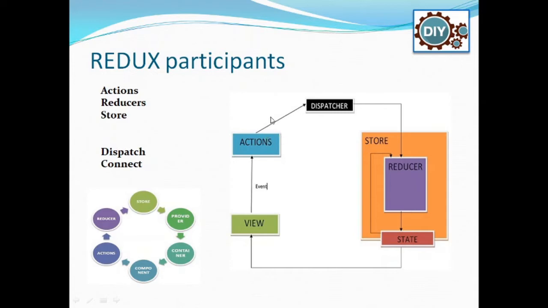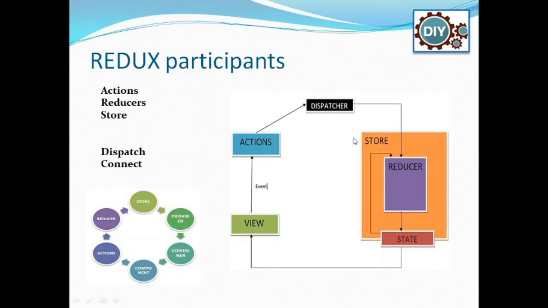The action is triggered along with this payload. The dispatcher will send an action, so that based on the action matched, the reducer is going to perform any type of logic related to our application. It is going to call your callback methods, perform and update the state, and then it is going to call emitter methods, and those methods are going to update your content through your views. So this is always in a cyclic manner.